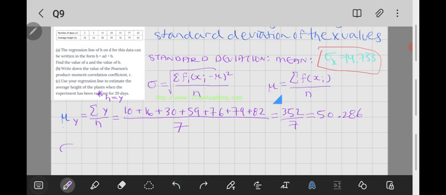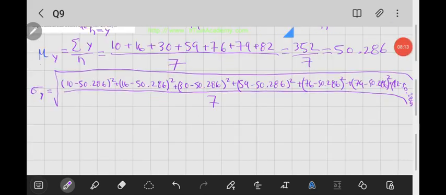Okay, so you write out the formula, and it should look something like this. Please pause the video as it is somewhat squished, but we have 10 minus our mean, and then 16 minus our mean, all of which is of course squared, then 30 minus our mean, then 59 minus our mean, then 76 minus the mean, then 79 minus our mean, all of which, again, just to reiterate, are squared, and we finish our sequence off with 82 minus our mean, and where our mean is 50.286, and it's all divided by 7,